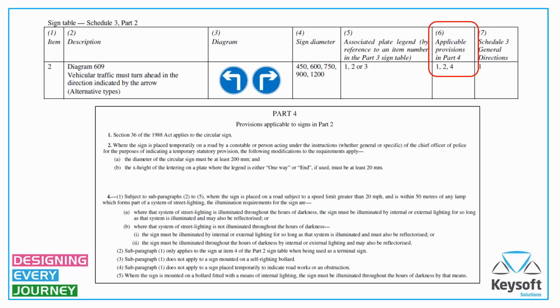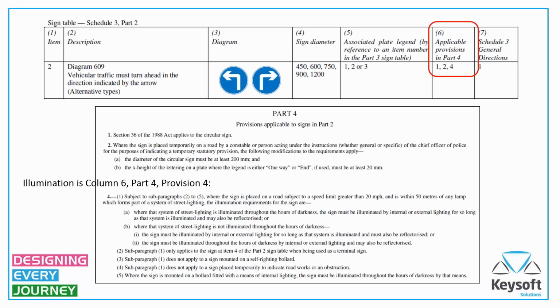Applicable provisions, I mentioned that we would have a little look at those. So we've got provisions in Part 4 of 1, 2, and 4. That's the part just beyond the one we've had a little look at there. I don't want to necessarily concentrate on the detail of the particular part there, but I wanted to highlight Part 4 because in this particular case, illumination for Schedule 3 signs is 644. Before it was 576. So column 6, part 4, provision 4. So the provision number is not the same in every schedule, so do watch out for that.